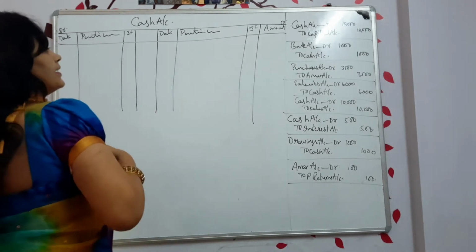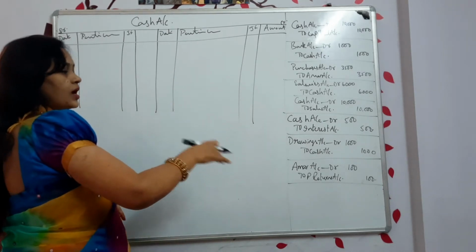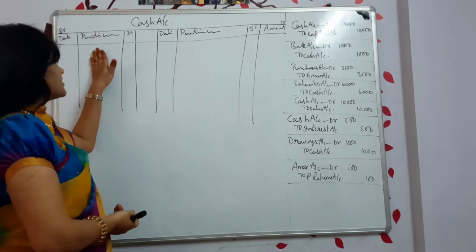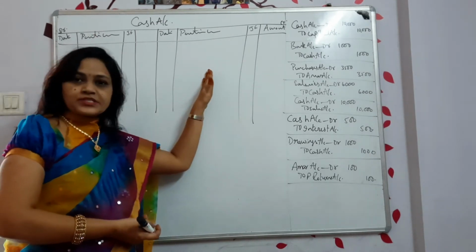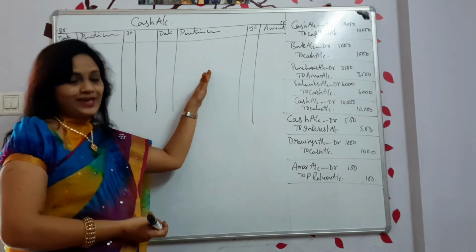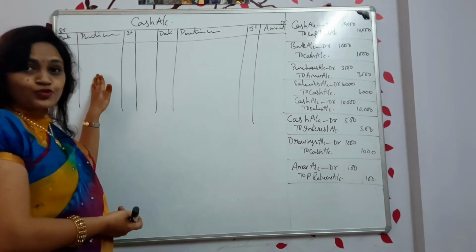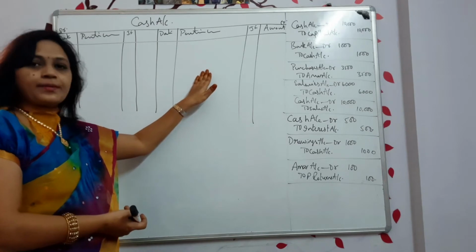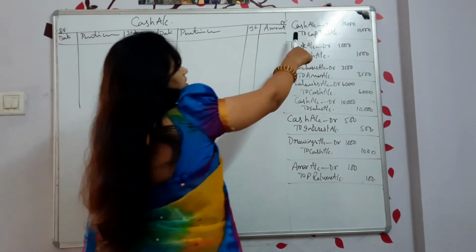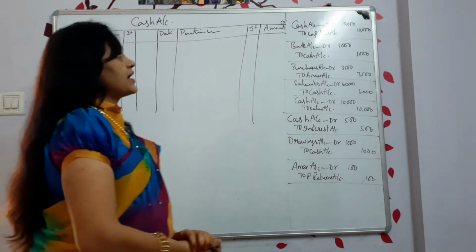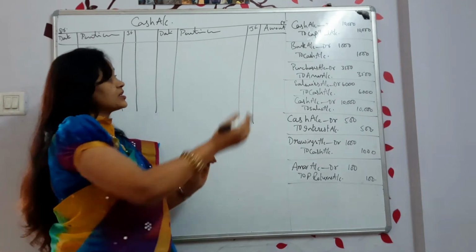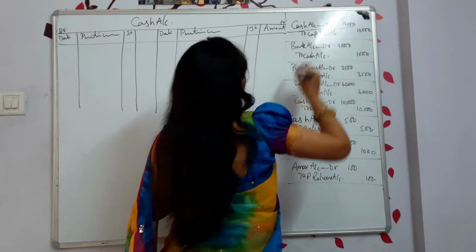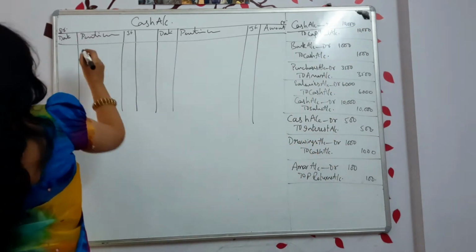Now next, let us see the journals. And all of you tell me first, debit side how I should start. I am starting with To. Credit side I am starting with By. Okay. Debit I am starting with To. Credit I am starting with By. Now, first cash account. Where can you see the word cash? Debit side or credit side? Which side can you see the cash? This is debit. Correct? So I am writing on the debit side.